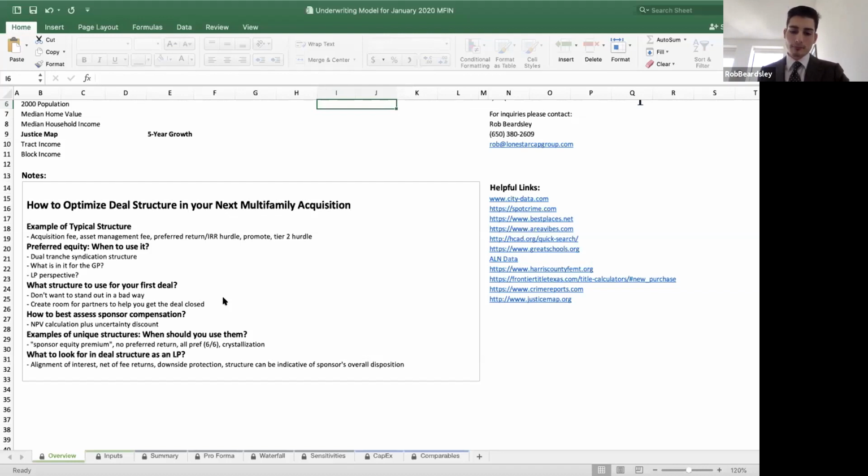But on the flip side, you don't want to give away the farm and tell investors, hey, that acquisition fee, don't worry about it. Asset management fee, well, I'll waive it if you're not hitting your promote. And my promote, I know it's normally 70-30, well, I'll do 80-20. Because at that point, you've put yourself in a very tight box. And if you're raising capital on a contingent basis, meaning you don't have dedicated capital, which if it's your first deal, it's highly unlikely that you do,